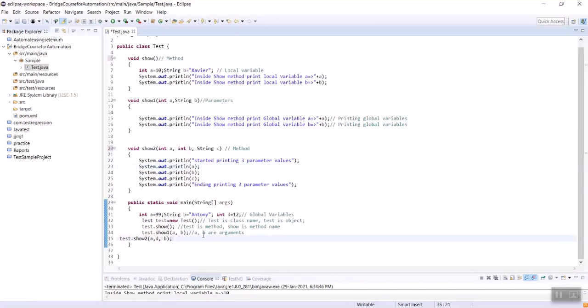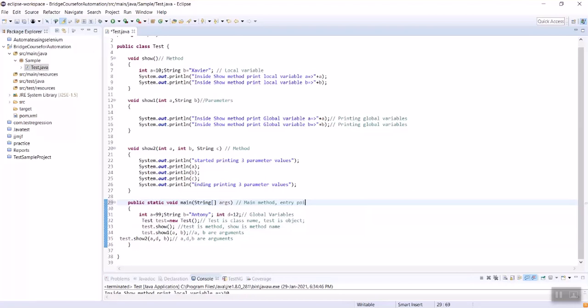So line number 35, it's an object, test is the object, dot, then the method name, show2 is the method name. In line number 28, a, b, d are arguments, the values we are consisting in line number 31.